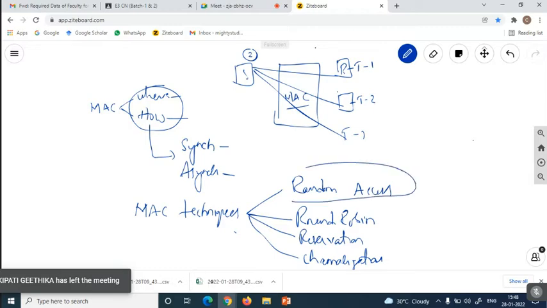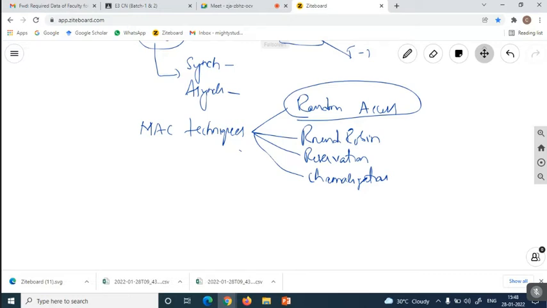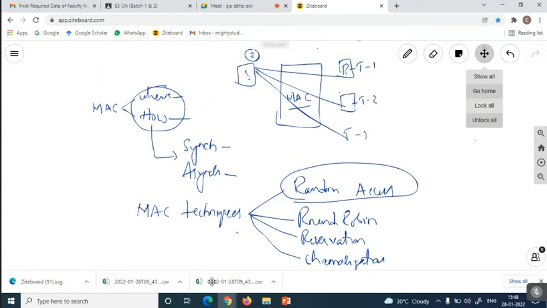Okay, now we will go for this particular random access, how the number of terminals are going to transfer the data. And before that, we have to know some of the important goals of this MAC. Why? Because this MAC is going to be responsible for everything. That means these terminals are going to be sending the frames with the help of any one of these protocols from the terminal to the source station, or the source station may transmit data to the terminals also. And each one sends a frame, and at the same time receives the acknowledgement also.